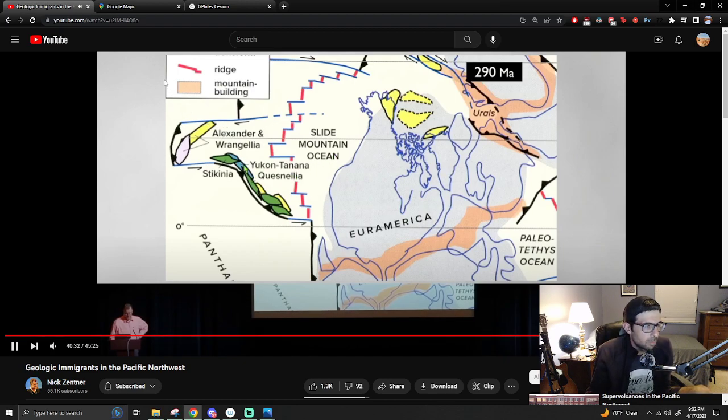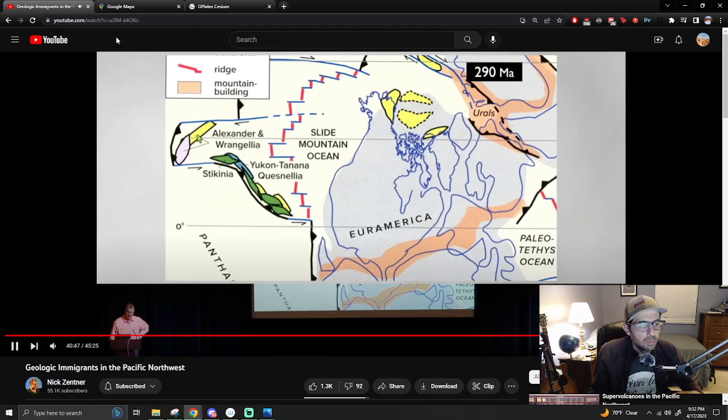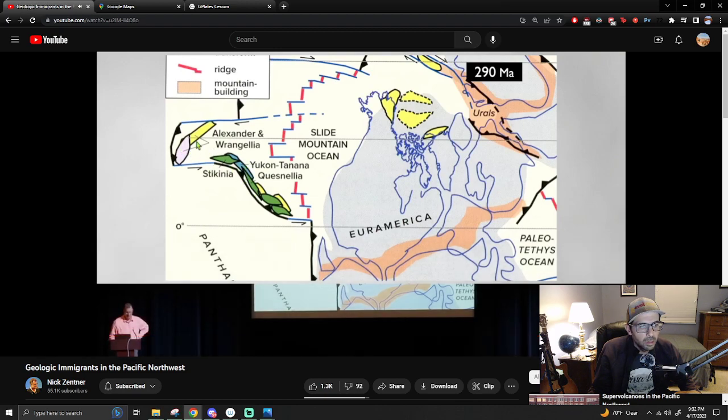Now we have, let's just slow down for a second. Here's the Northern European stuff, Alexander, that by 290 million years ago has connected to Wrangellia, which is a famous exotic terrane. This is the European stuff. But look what's also out here in the water next door. Here's our buddy Cache Creek, which is in between Stikine and Cornelia. And so this is the Southwest Pacific. So we have lined up, docked, not docked yet, but out there in the water, European stuff and Southwest Pacific stuff, all poised to...